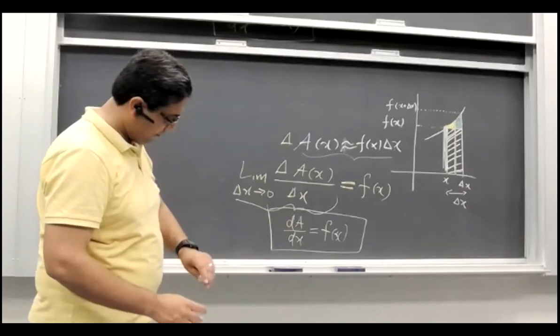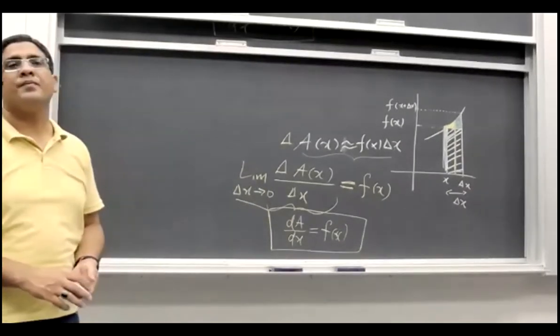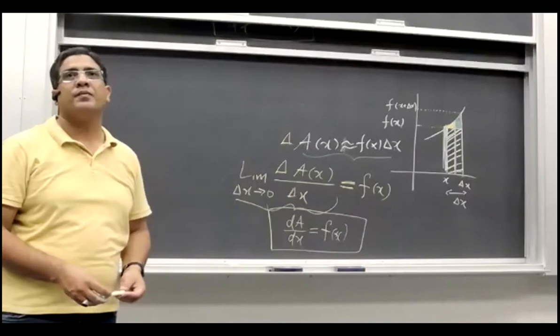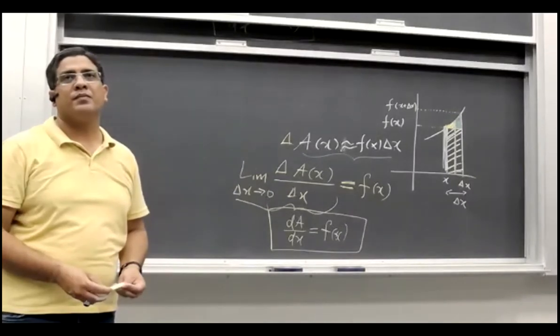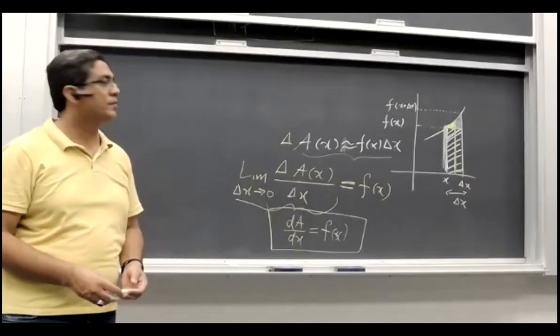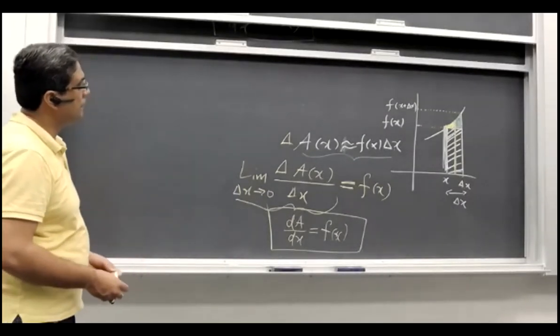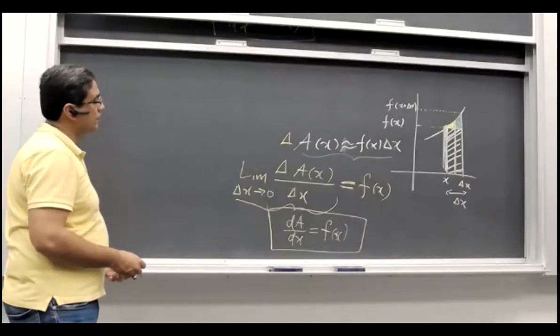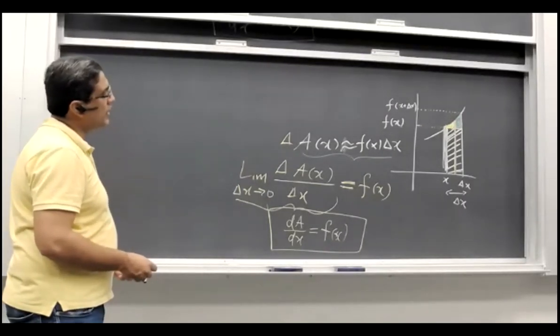Sir, as we reduce delta x, are we considering the area of each and every possible thin line that we can draw, until we reduce delta x to a limit of 0? कि जैसे delta x जब 0 पे जा रहा है, so we are adding up the area of each and every small line which comes into that rectangle? जी बिल्कुल सही है, हाँ ऐसे ही है।